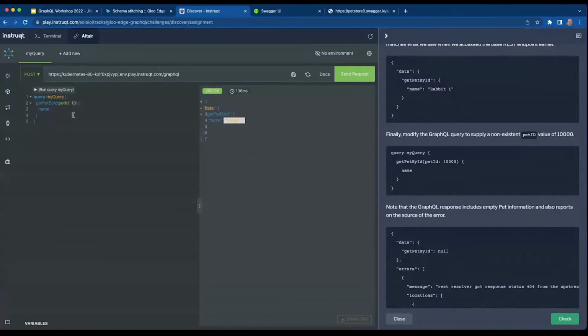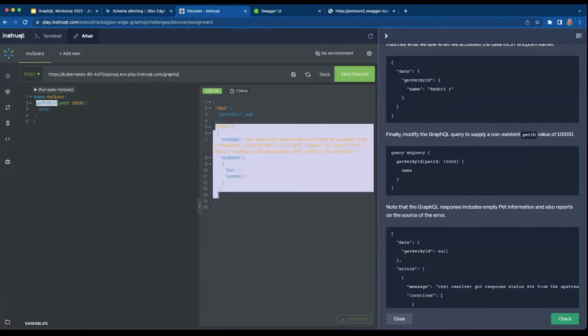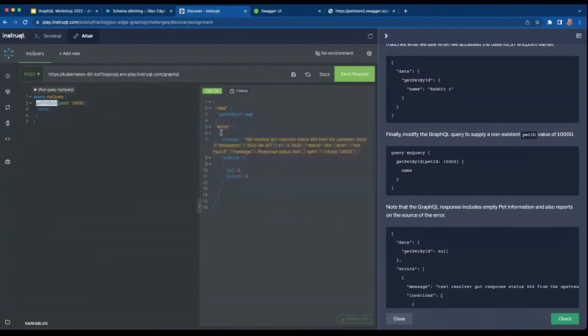Now, let's also replicate the other example. So let's put in an invalid pet ID. We'll send that request off, so you can see, according to good GraphQL principles, right, the response from the query is in exactly the same form as the query itself. The response and the query format match, but in this case there is no pet there, and so we just get a null. But we also get an explanatory stanza here, which has our errors in it,